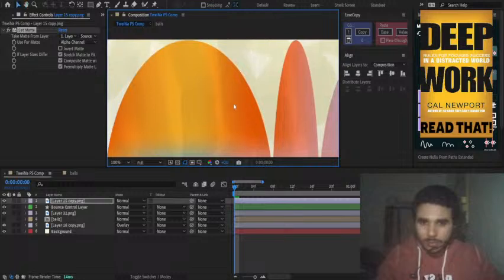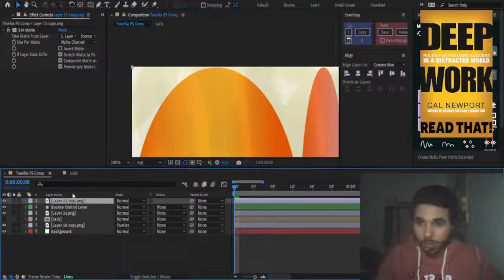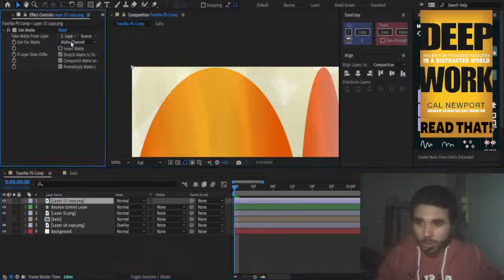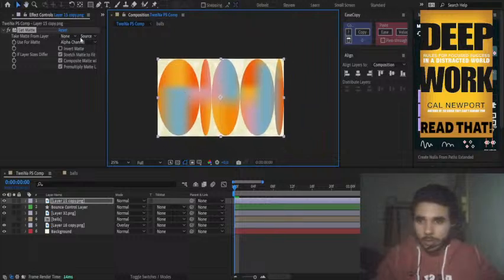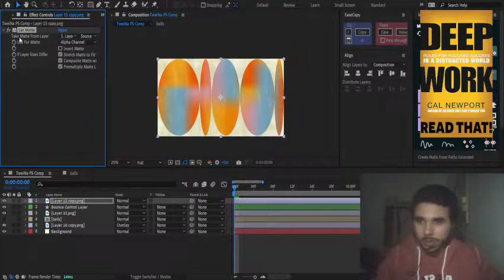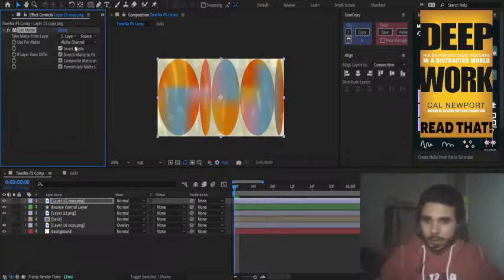I don't understand how, this is layer 1, it's literally applying it to itself. And its opacity is very faded. I don't understand it. And when you invert the matte, it gets a little darker, but that's about it.